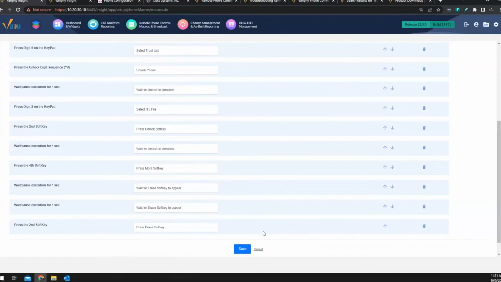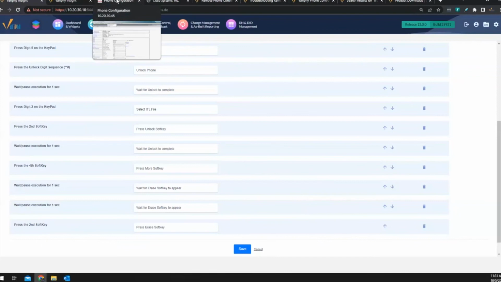So usually if we do suspect ITLs are an issue on the phones, we'll try one of these macros on them to delete them and then test again. A lot of times that does solve the issue. So that's probably one of the most common things we see outside the normal Call Manager configuration stuff we already went over.